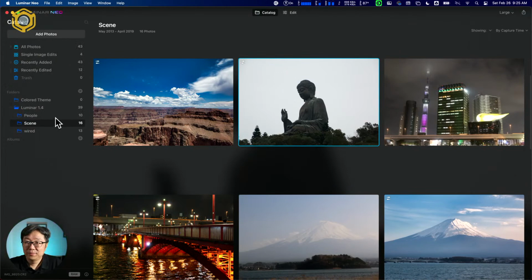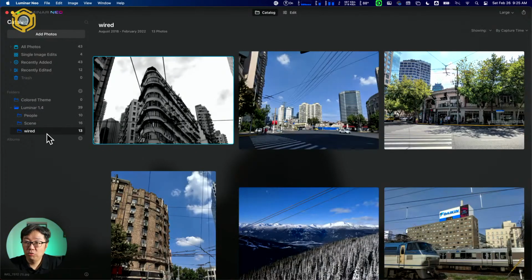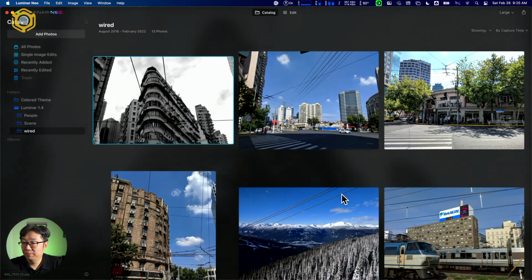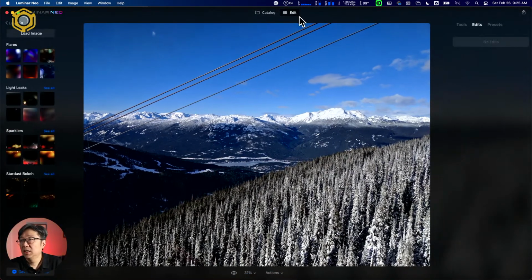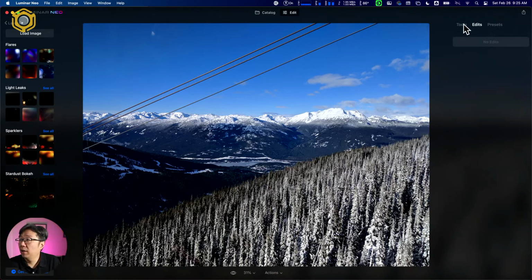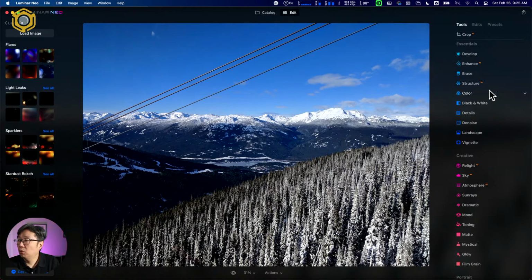And then I want to show you guys the new feature they promote a lot. It's called wire removal. This is a photo from Vancouver, should be Whistler. We are going to the Seventh Heaven, something like that. And